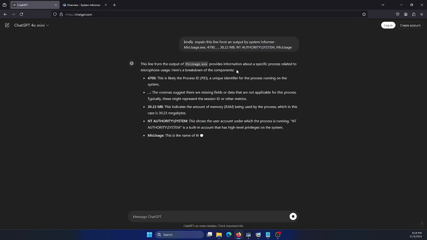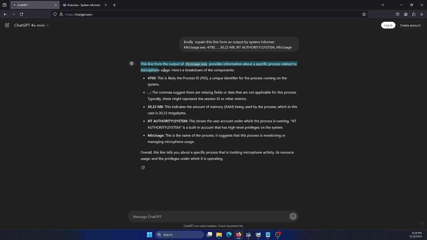Okay, and it breaks down the entire thing. This line from the output provides information about a specific process related to your microphone usage. Here's a breakdown. They break everything down, tell you the amount of memory being used. They tell you the user account under which the process is running is a built-in account with high level privilege on the system. Okay, and they give you the name of the process. So this is a simple way that you can learn how your computer is functioning while using System Informer to learn